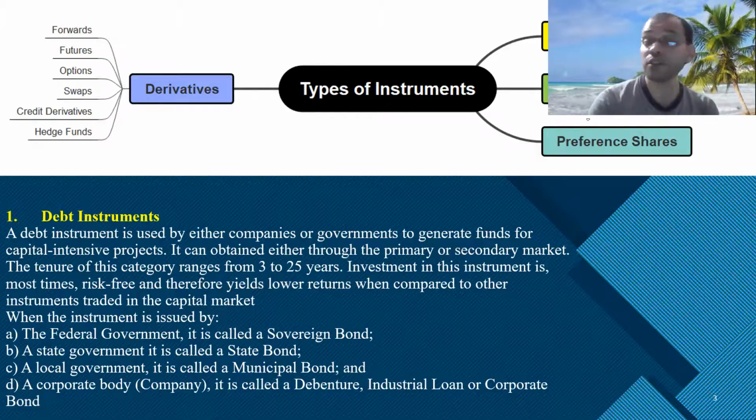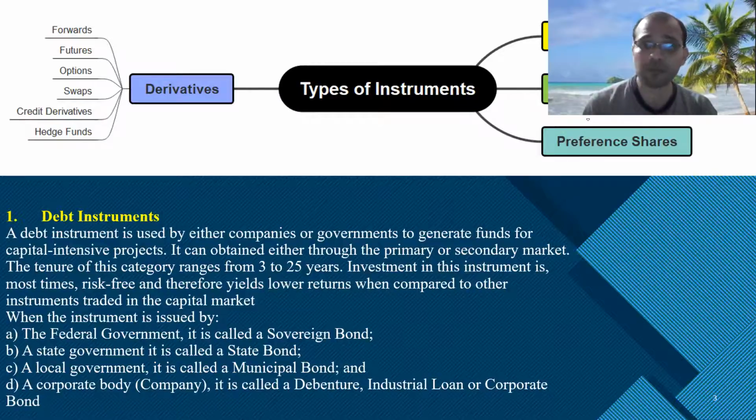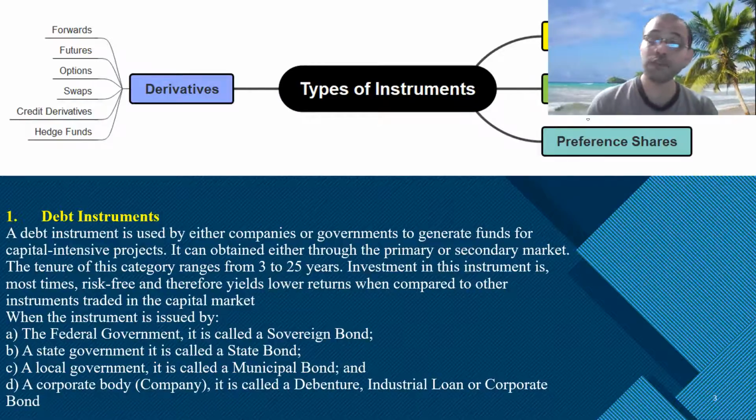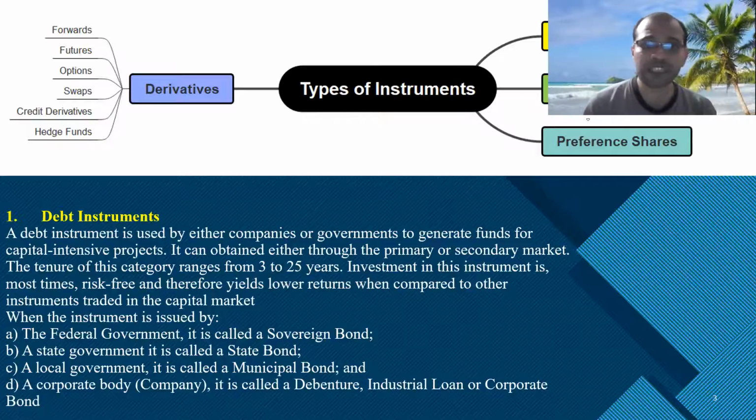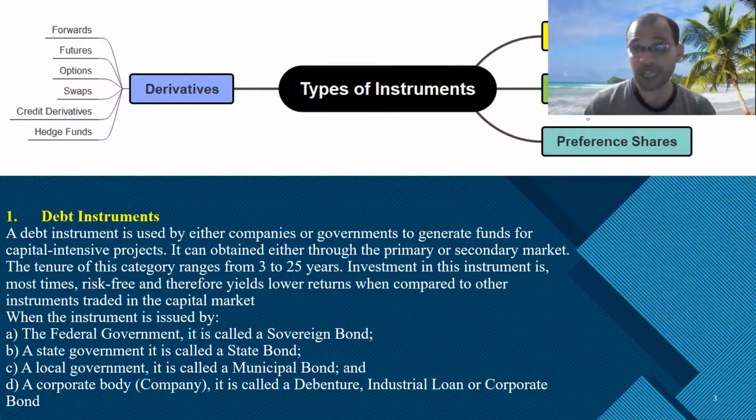So first thing is about the debt instruments. A debt instrument is used by either companies or governments to generate funds for capital-intensive, that is, heavy and basic, or highly huge capital investment projects. It can be obtained either through the primary or the secondary market. The tenure of this category ranges from 3 to 25 years. Investment in such instruments is most times risk-free and therefore yields lower returns when compared to the other instruments